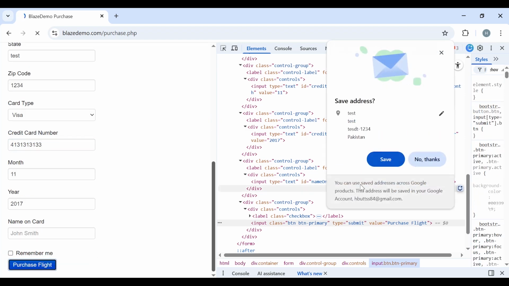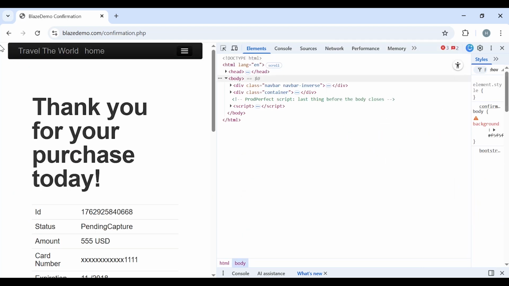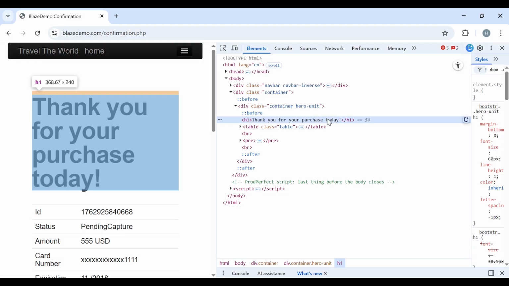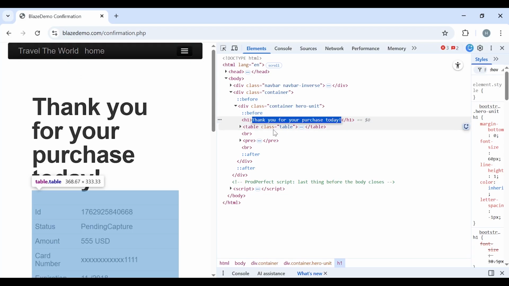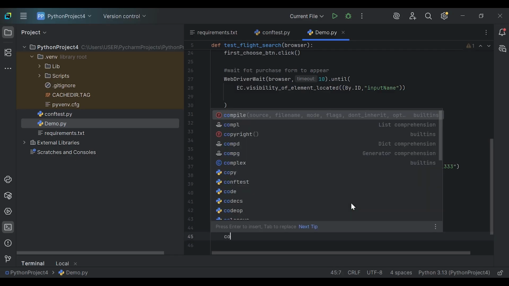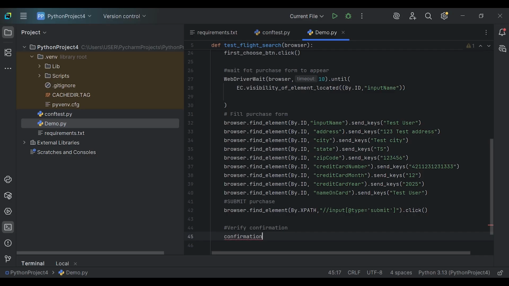After filling this form, you can view we are getting this thank you for purchase today success message. So this is heading 1, and we can verify this message should be displayed after purchase. Verify confirmation, confirmation dot _text is equal to